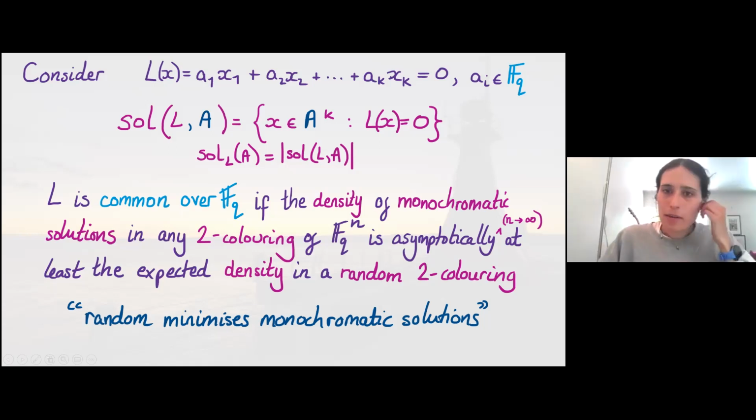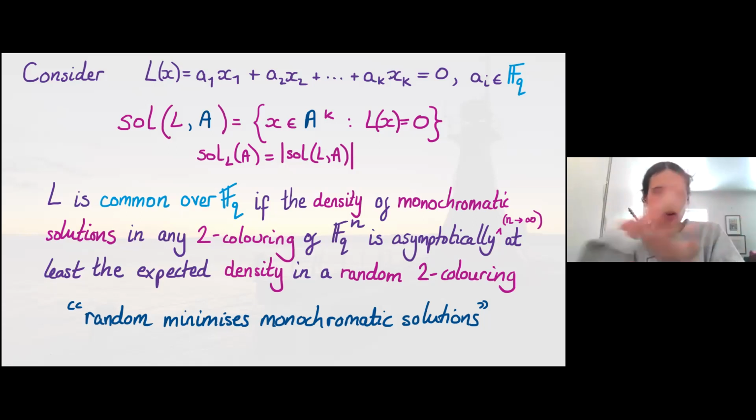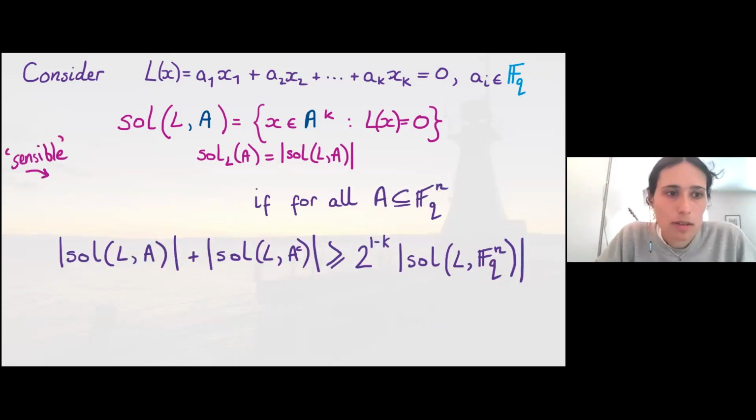So basically, we're going to take these vectors in F_q^n, color the whole family red and blue, and look at the solutions to this equation in the red color and the solutions to this equation in the blue color. And our system is common if the density of these solutions is at least what you get in a random coloring. Okay, so let me do